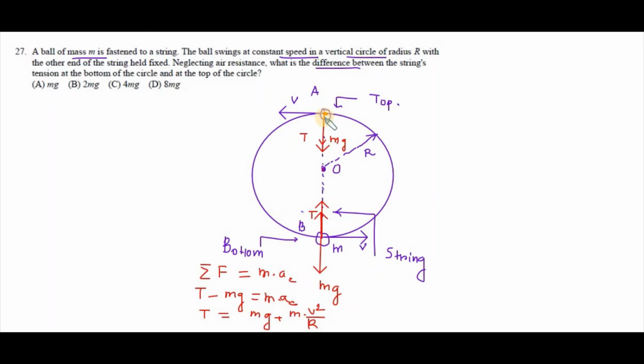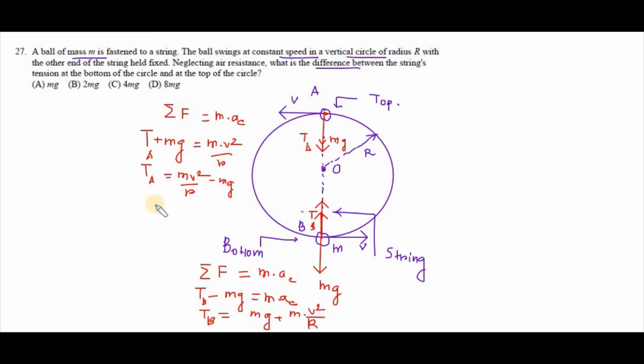Now let's analyze the position at the topmost point. At the topmost point, according to Newton's second law of motion, the net force is the same as mass times acceleration. The net force exerted is towards the center of the circle. So here T plus mg is basically providing the centripetal force, m v square upon r. The tension at point A is represented by TA, and the tension at point B is represented by TB. So it is TB, and this should be TA. Now the expression of TA is m v square upon r minus mg.